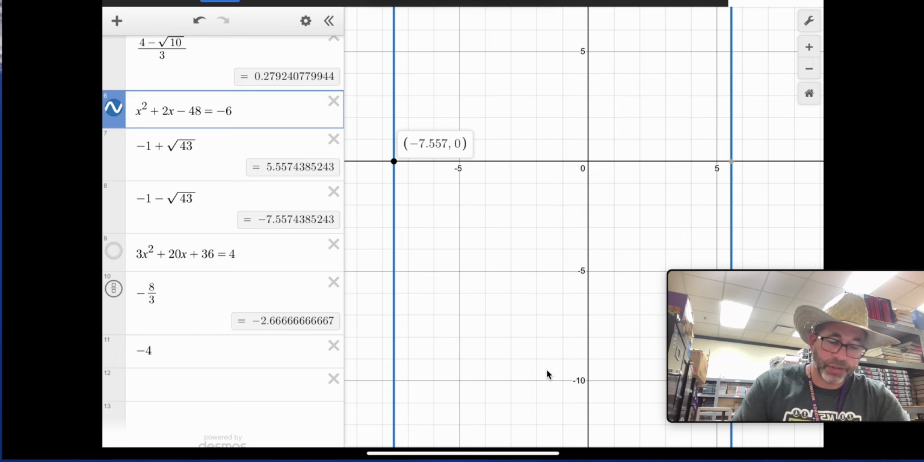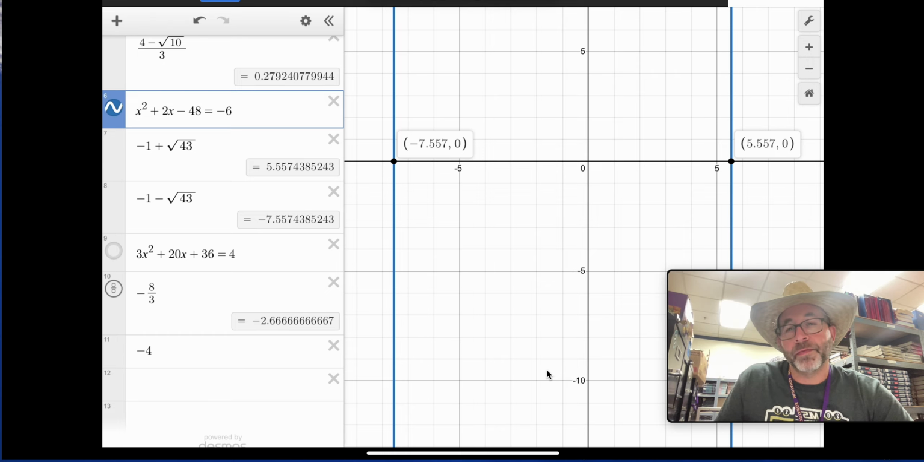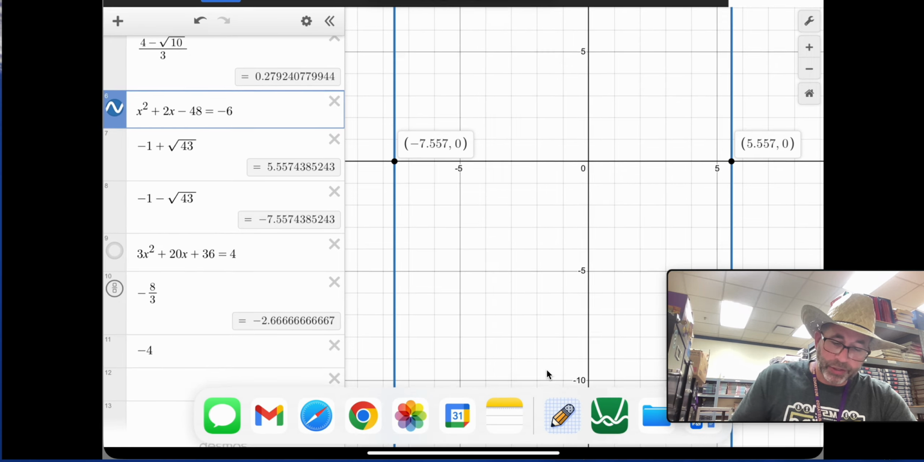It crosses the x-axis twice. There's the first answer, there's the second. And you can see that those 2 numbers match the answers that we have from negative 1 plus root 43 and negative 1 minus root 43. Okay? All right, let's jump over to one